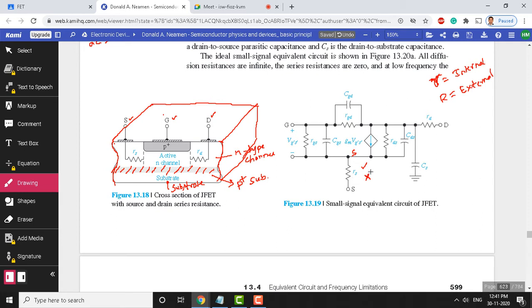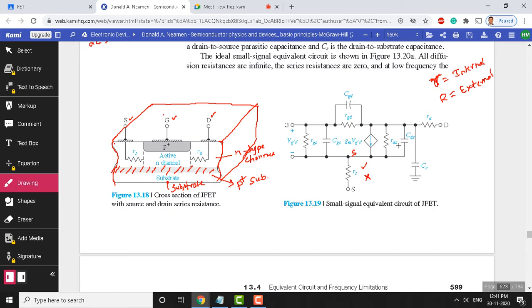We will see the equivalent circuit with and without Rs, and its transconductance expression or gain expression with and without Rs. Now we know what Rs is. Rs is a diffusion resistance between the gate and the source. And for every resistance there is an associated capacitance. You can see here there is a CGS associated with this resistance. This is the junction capacitance between the gate and source.